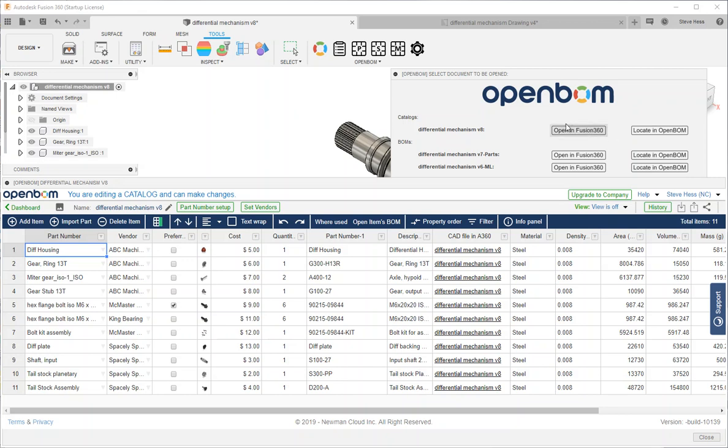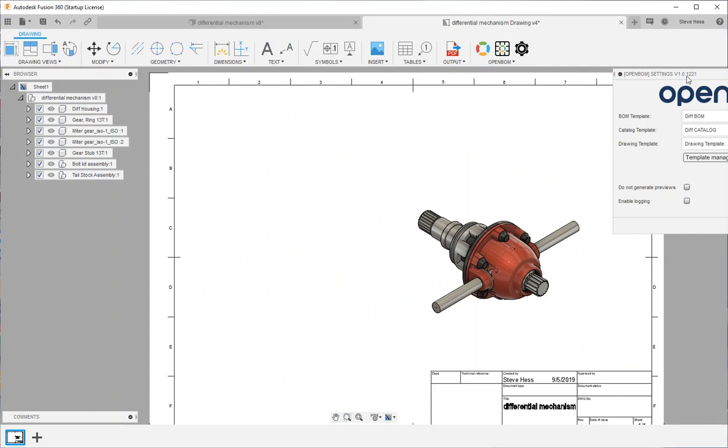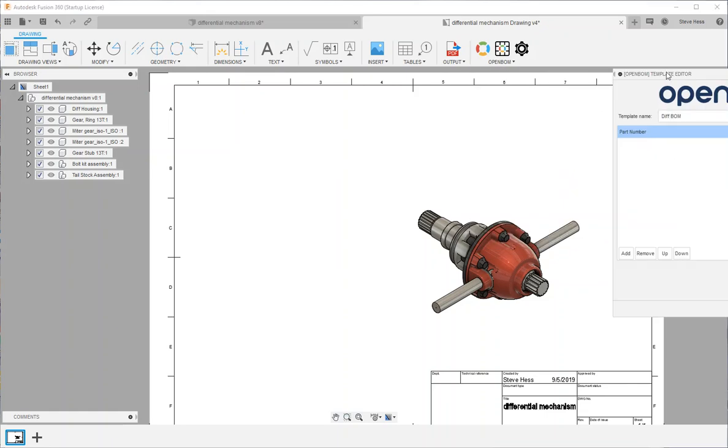The next thing I'd like to take you to is something that is really exciting in this release, and it's the ability to put an OpenBOM bill of material on a Fusion drawing. I've got a Fusion drawing open here. You can see I've already set up my Fusion template. Let's go ahead and just take a look at that. Set up my drawing template